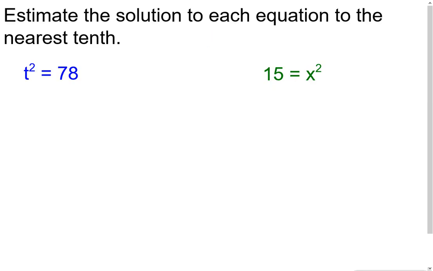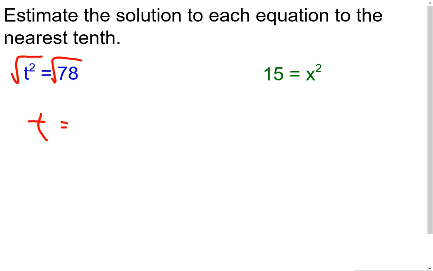Now, for my next one, we're going to take a look at solving equations again. And these equations have squared variables in them. So remember, when we want to solve an equation that has a squared variable, I like to think of it as undoing that square. And to undo a square, remember, take the square root. So when I take the square root of t squared, we get t. But now, if I take the square root of 78, that was what we just got done doing in the